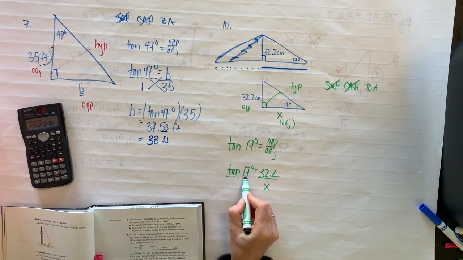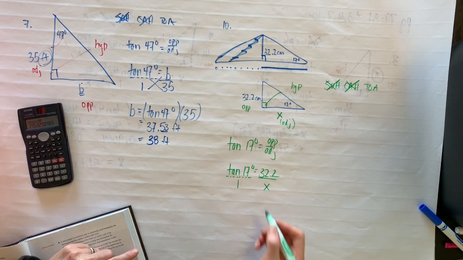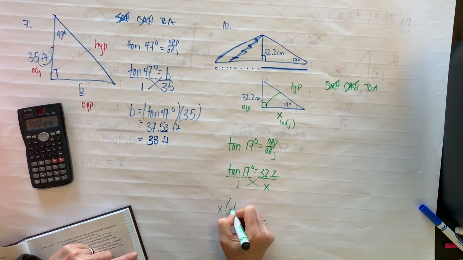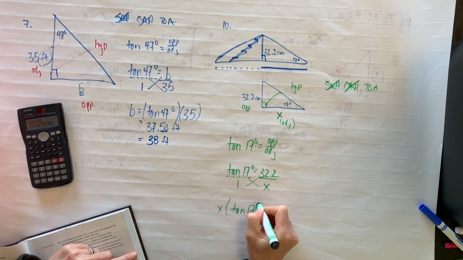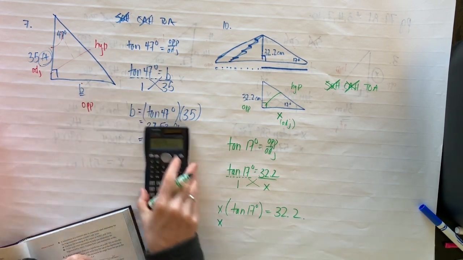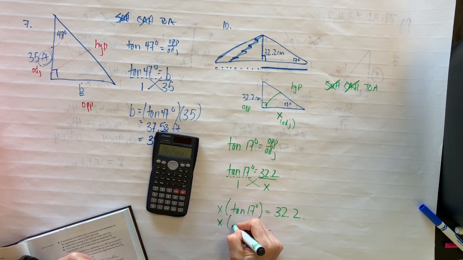Again, this one's just a little bit trickier. I'm going to put that over 1 so that I have a fraction equal to a fraction. Now I'm going to cross multiply and solve. So I get X times tan 17 equals 32.2. Let's see what tan of 17 is. To 4 decimal places,